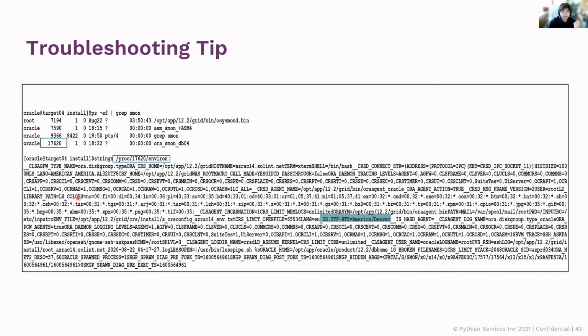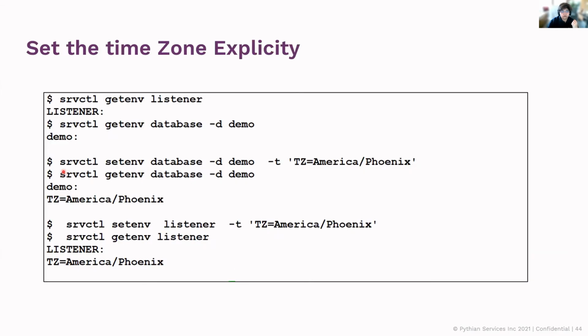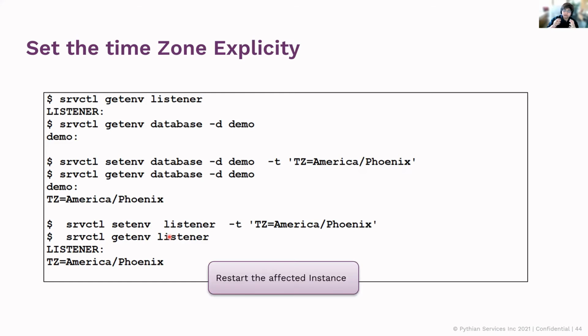Well, there's another way. You can set the environment in the listener and database variables. This is the option that you can take. You can set the environment variable over here, and then you'll need to restart your database instance, as well as your affected local listener on that particular node. That should take care of it. So this is why, if you're migrating, it's always a good idea to verify your time zones are in place, they are as expected, and everything is functioning.